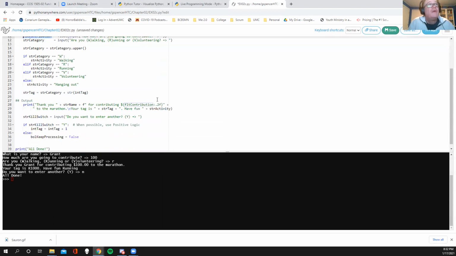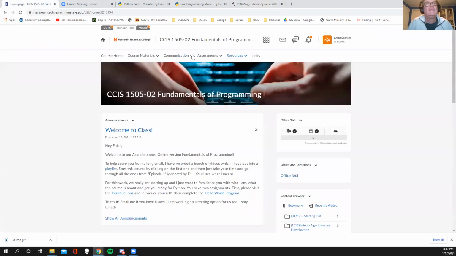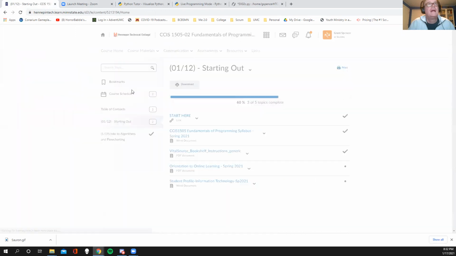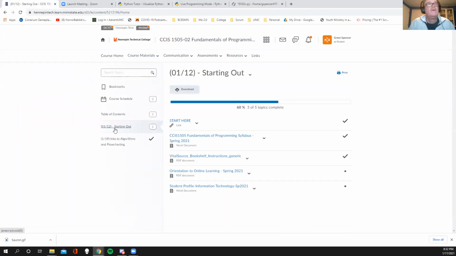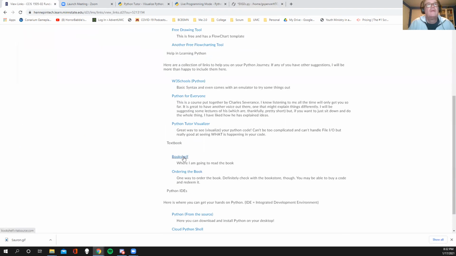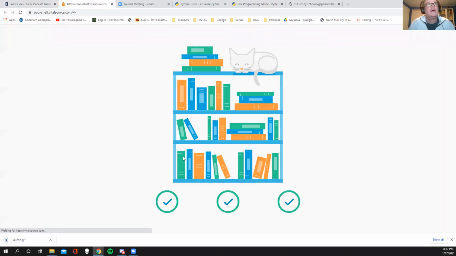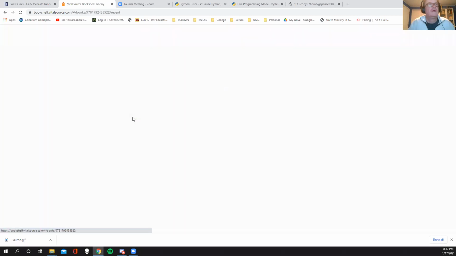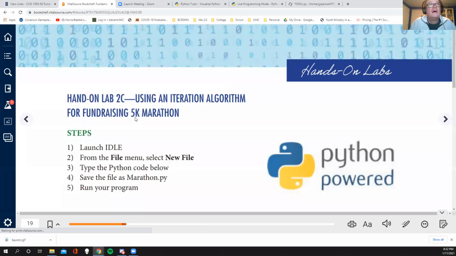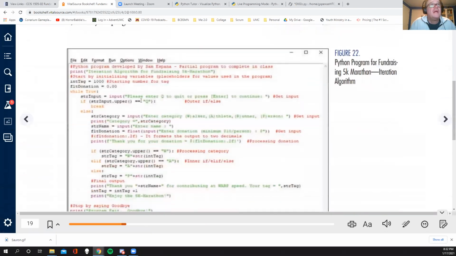However, this one down here was a little bit more challenging, and let me get to where that is. Of course, by now I've shut down my course, so I'm going to go back in and get to the textbook. So links, and there's the bookshelf, and if I'm lucky, it'll remember my password. Look at you. All right. So anyway, in this program, Lab 2C,